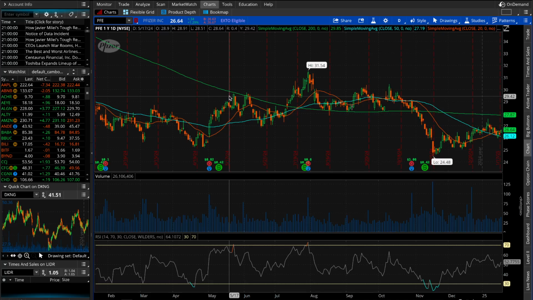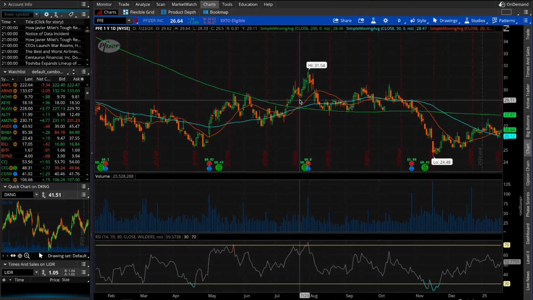becomes resistance. Before, when I showed you Apple, it was above 220. So that 220 area where the cluster of candles were, that became support. And just like I said on Apple, I think this is the third time I'm saying it, Apple went down today to 219 and then bounced right back up, because 220 is support, and it closed at 222 something. With Pfizer here,